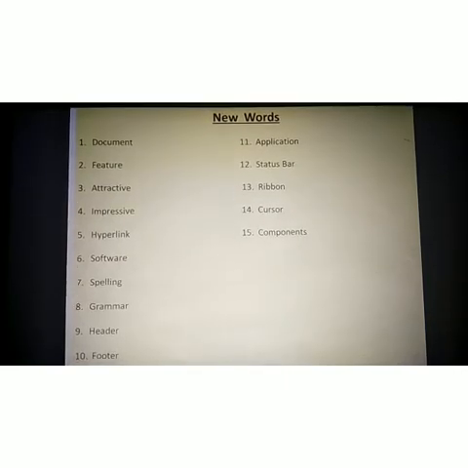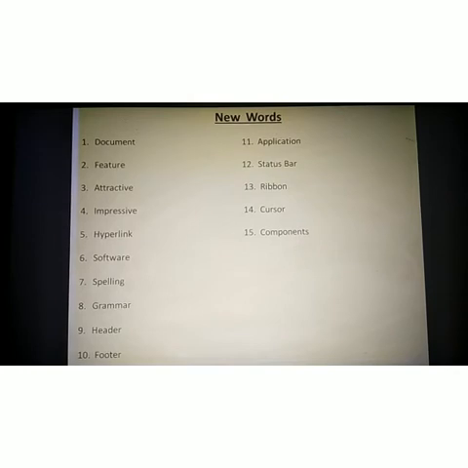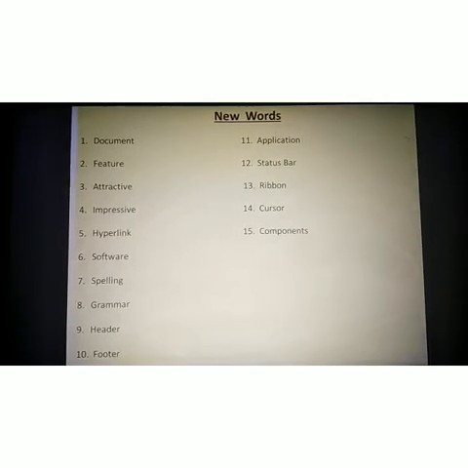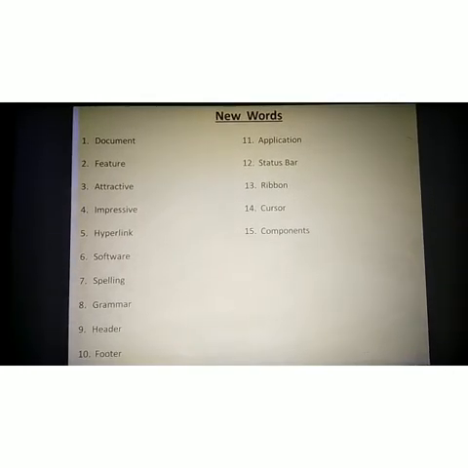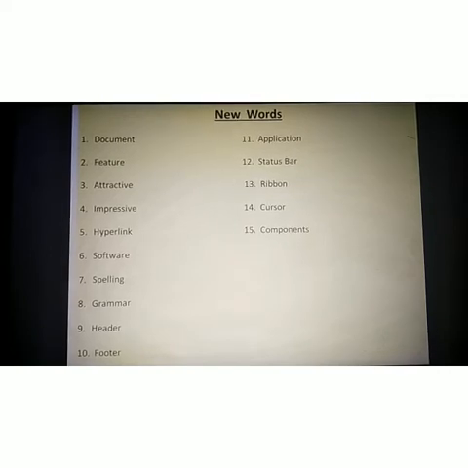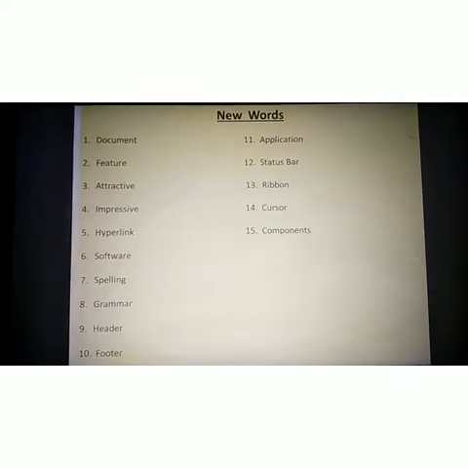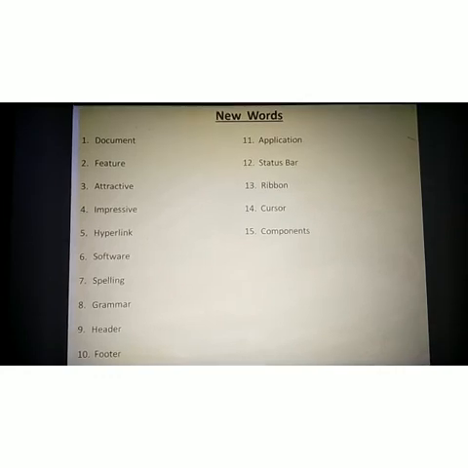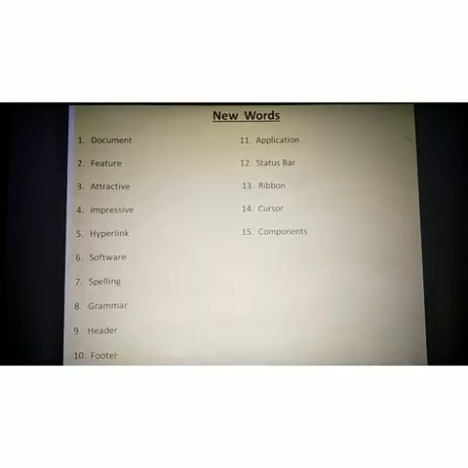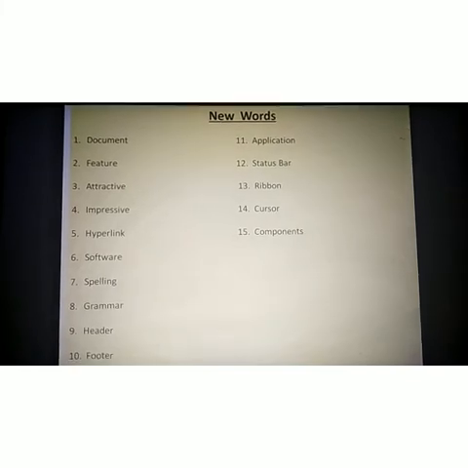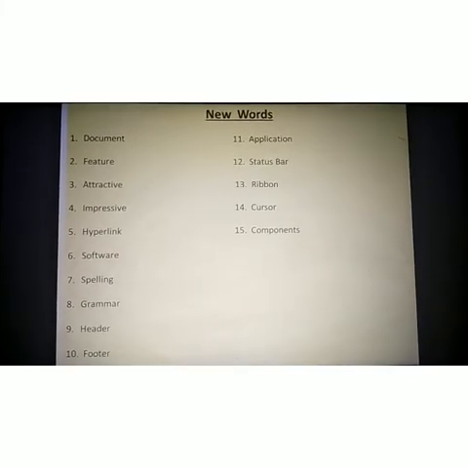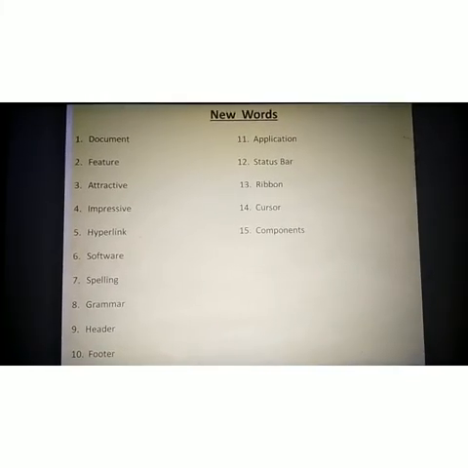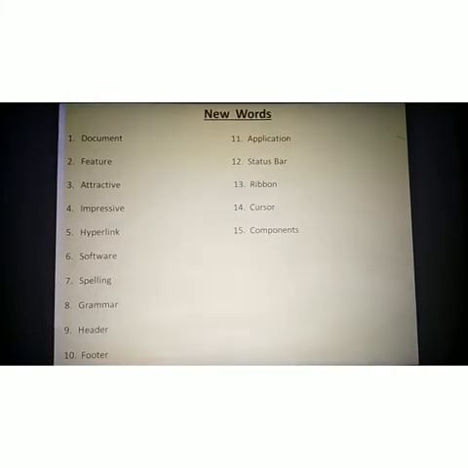Then ribbon, RIBBON. Then the fourteenth, cursor, CURSOR. Then the last, fifteenth, components, COMPONENTS. So students, that is all for today, and your homework is to write the new words in your notebook.